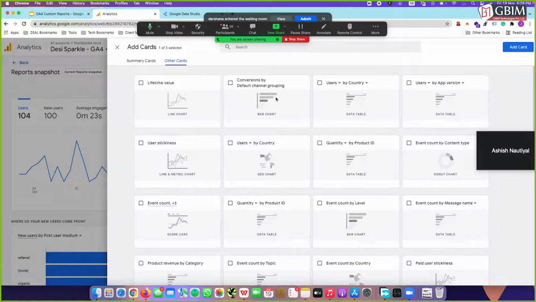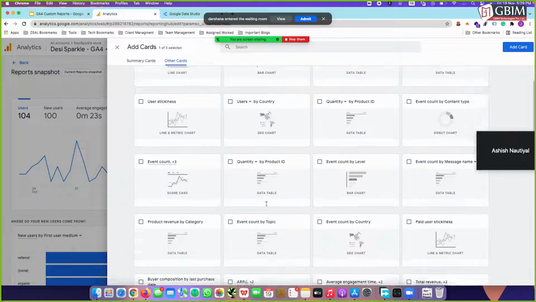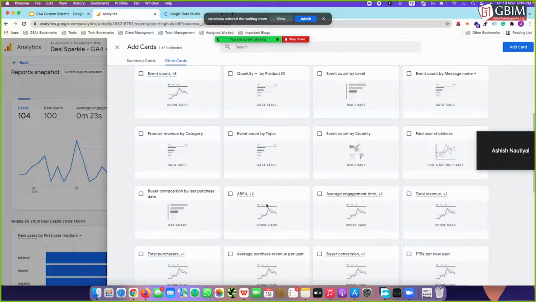Then there is conversion by default, channeling, grouping, whatever you have marked as you have created events in conversion. On the basis of that you can add. And if in case you want to target a specific country, then you can go on and add your country. On the basis of that you can select country. For that country you have various dimensions over here. So these are the basic parameters that we can use,